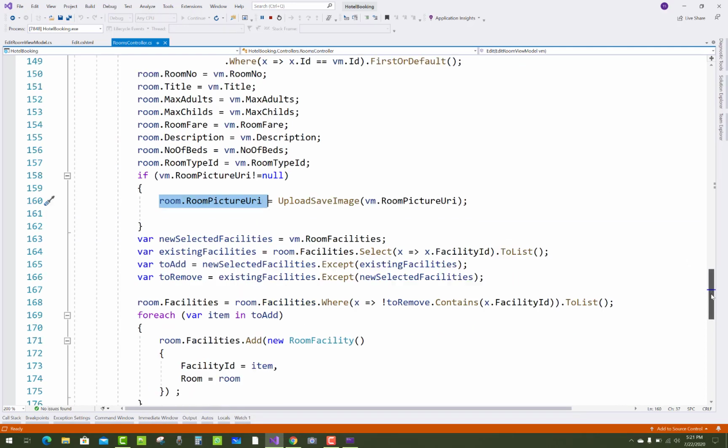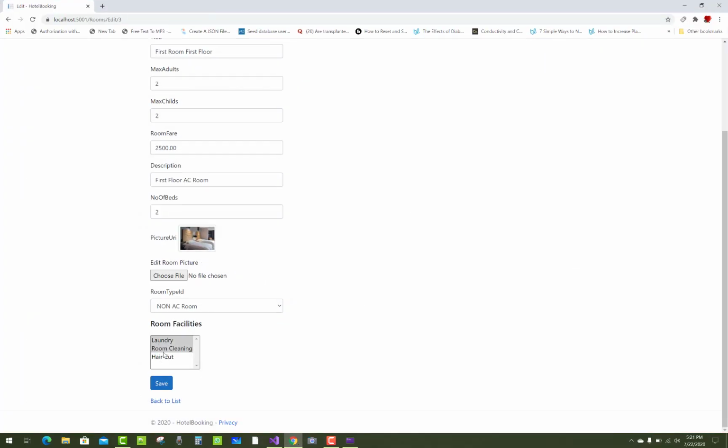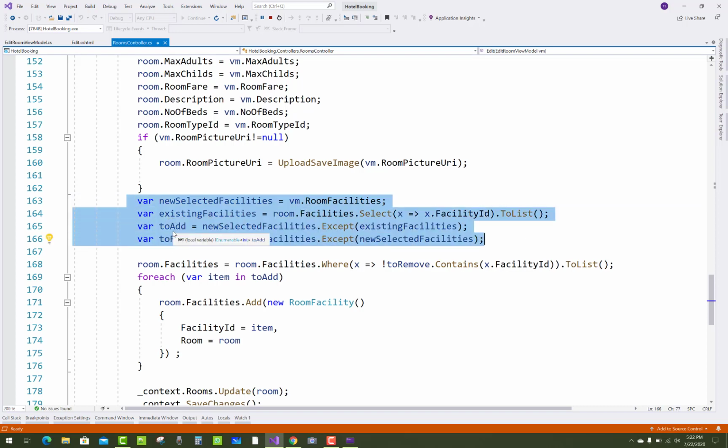Okay, and after that you also have to change the middle table data with the laundry, room cleaning and haircut. There is a many to many relationship between the room and facility table. So this data is used to add and to remove: remove already existing data and add newly added data.